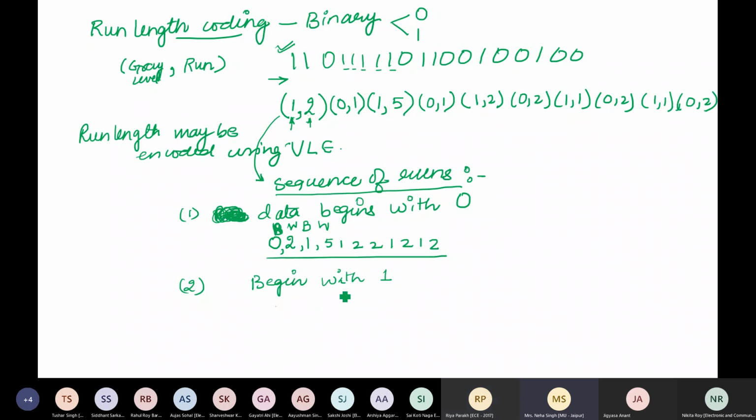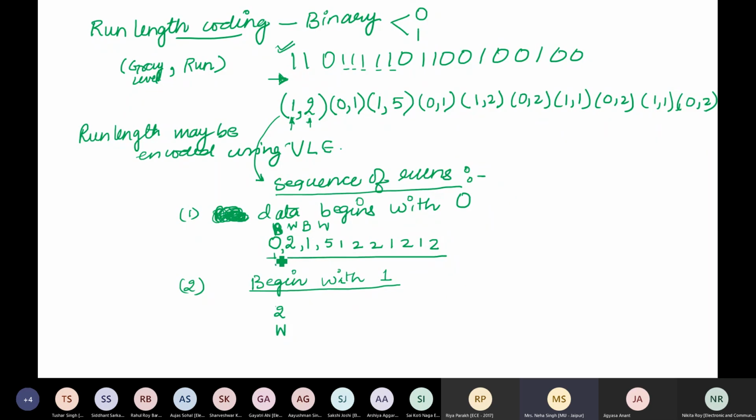When I say that the data is now beginning with 1, so you look at your data now. The first value is 1, right? So you specify what is the run length of 1. The run length of 1 is 2 because 1 appears 2 times. So I do not write anything for white now, but black now. This represents the run for white because I am using the rule that my run will always begin with value equal to 1. If I said it starts with value equal to 0, there is no 0 in the beginning of this data. So what is the run length of 0? 0. That means no bit, no value of 0.